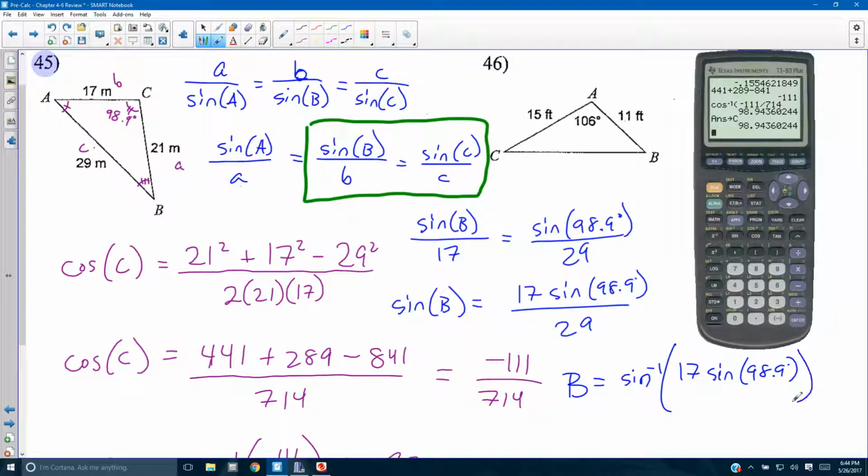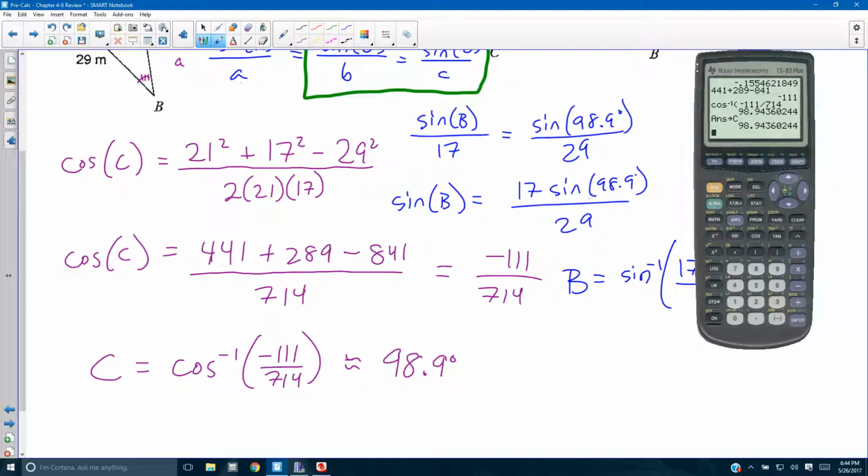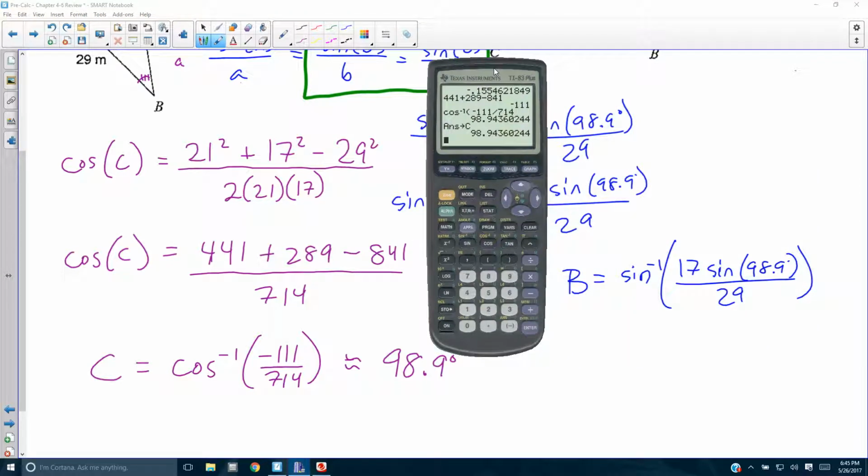No, but law of cosines is probably the easiest to forget, you know, when it comes to getting the formula out there. So I understand if you want to use it less and less, but with an obtuse angle to begin with and all that, it's really good to use it the first time. Okay, inverse sine, we're going to do 17 times sine of 98.9, oh, excuse me, of C, let me use C right here,